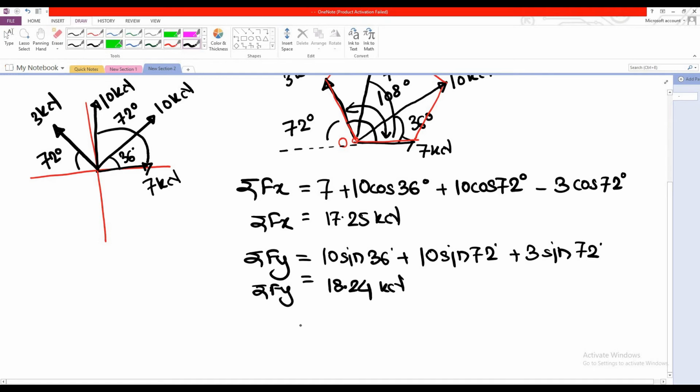to be in the first quadrant, because the sign of summation Fx and Fy both are positive. It's the last step, but still we can see that both Fx and Fy being positive, the quadrantal position of the resultant is going to be the first quadrant. But before that, we have to determine the value of R.